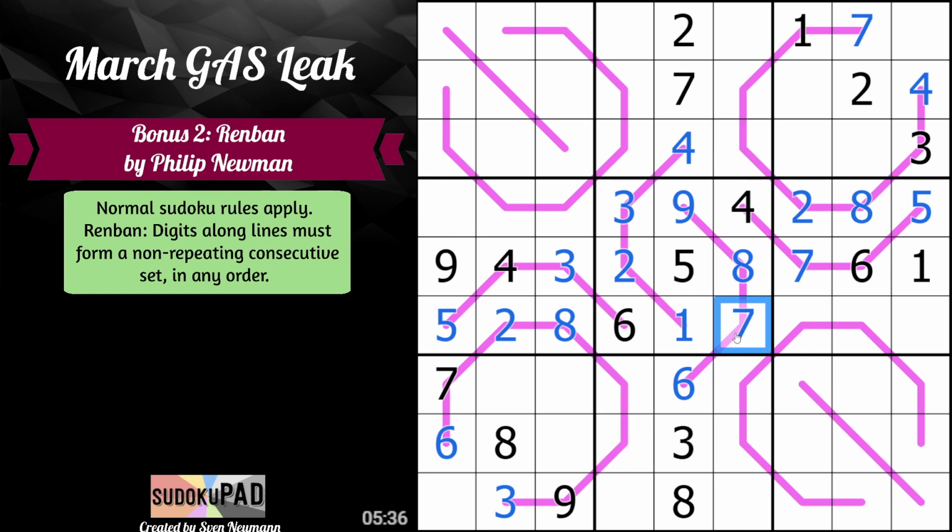Oh, so where does 7 go? 7 can't appear again on the Renban. 7 can't go here, so this is 7. Same logic, places 3 there, which I guess means no 3's in the corner for us today. 5, 6. Oh, 5, 6 leaves us with